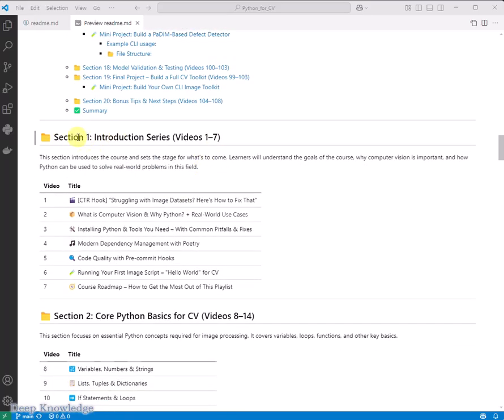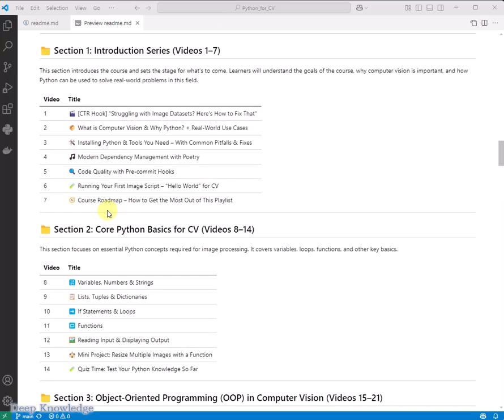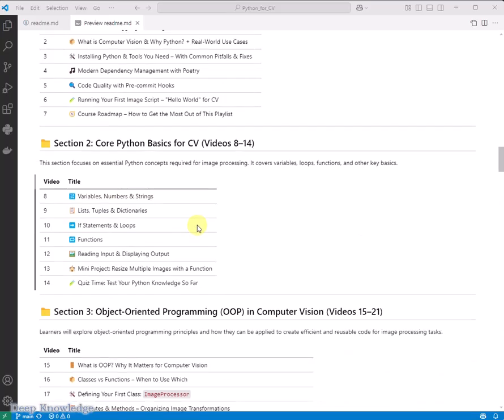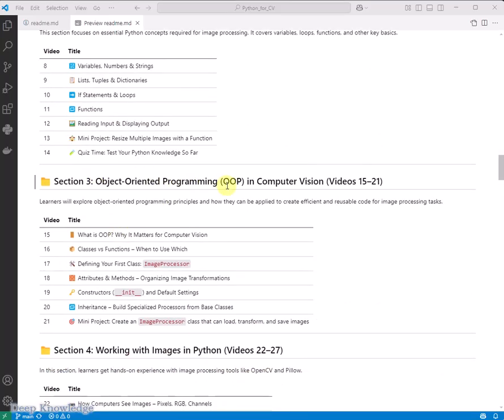This is the basics of Python, introduction and core Python for computer vision, then object-oriented programming for computer vision. The core Python variables, loops, and functions are applied to image loading and editing, and with object-oriented programming we will build professional classes to organize your code. Also file handling, to automate dataset organization: train, test, split, valid,